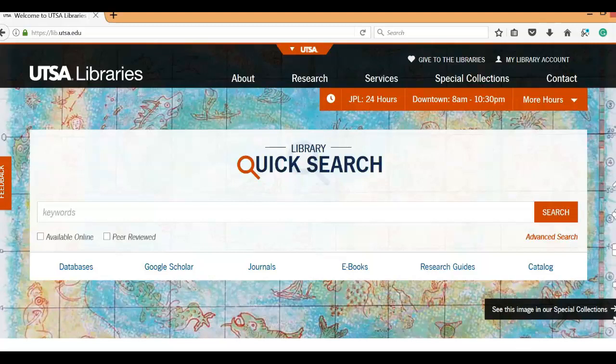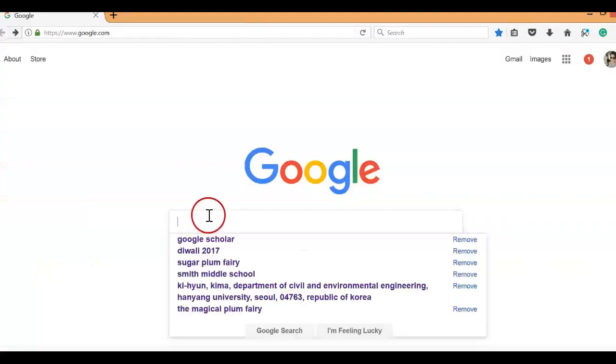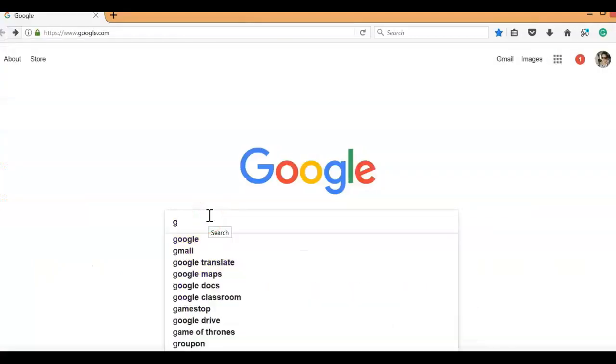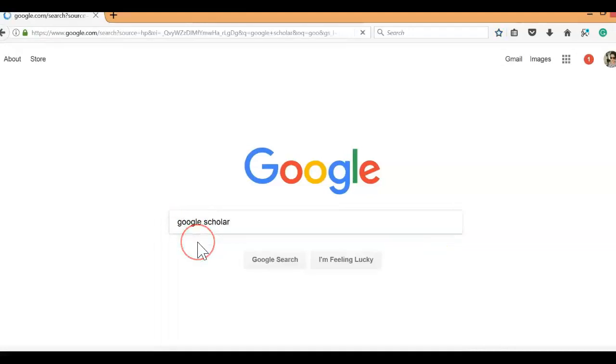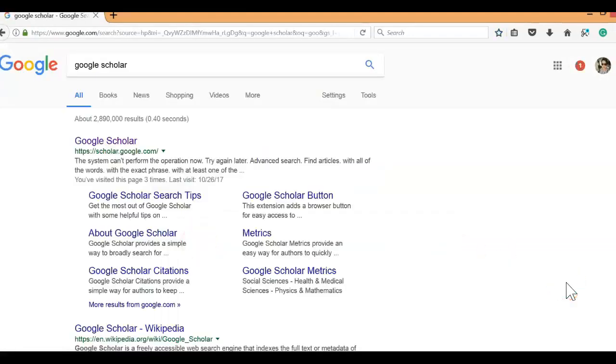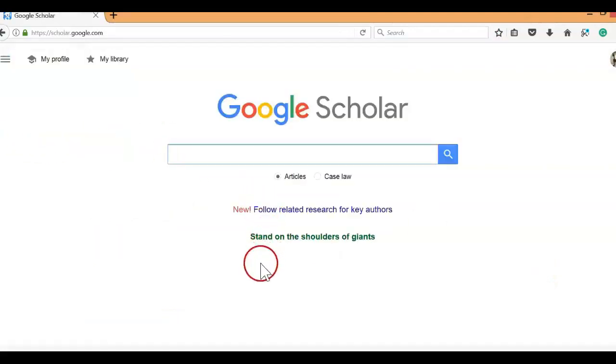Another open search engine we have is Google Scholar. This engine is listed in your library resources, but can also be searched without logging into the school library. So if you just go to Google homepage and type Google Scholar, you will find this open source scholarly database. However, since this is a commercial site, most of the sources found here will be for purchase. Do not let this disappoint you.